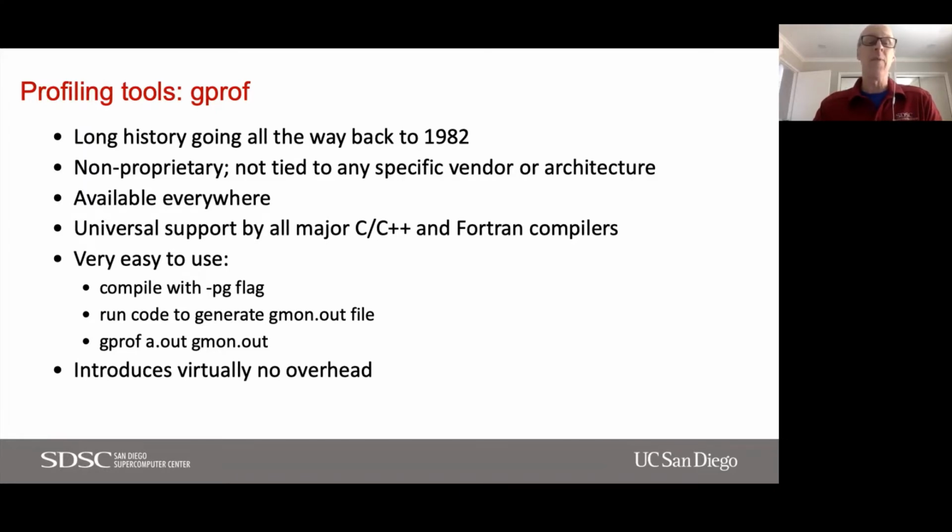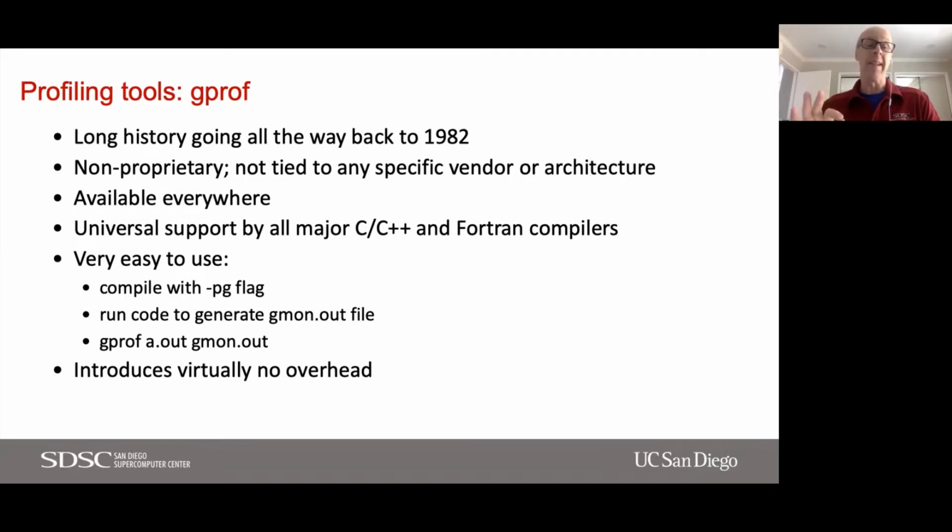It's also super easy to use. Some of the profiling and tracing tools have a steep learning curve; you really need to spend a lot of time getting up to speed on them. But gprof is kind of a snap. It's really just 3 steps. You compile your code with the -pg flag. Compiler flags tend to vary from one compiler to another, but this one seems to be pretty universal.